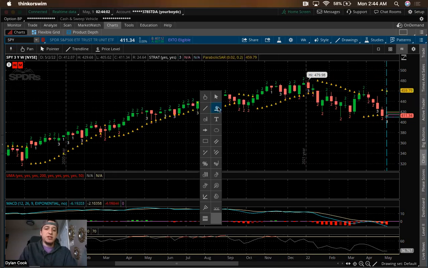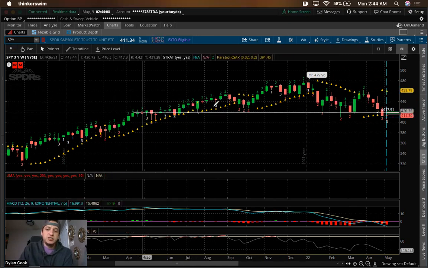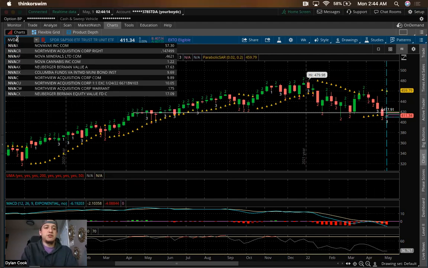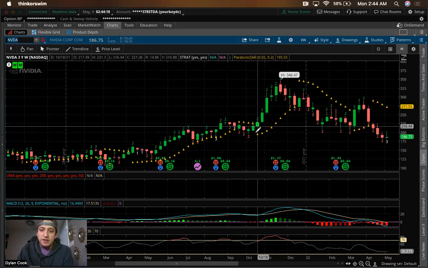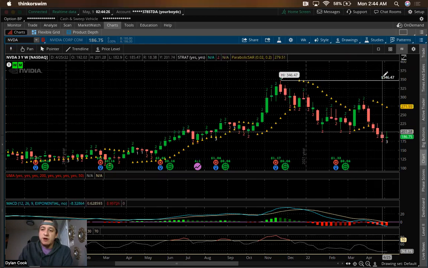And then the last one that I use more than anything else is going to be the price level. So with the price level, you just double click and then it's going to give you the price level over here. So I'm actually going to go to a different chart right now so that it doesn't have anything else that I did over there. Okay, so if I wanted to mark the high in this, boom, I just double click the top of the wick and it tells me right over here,